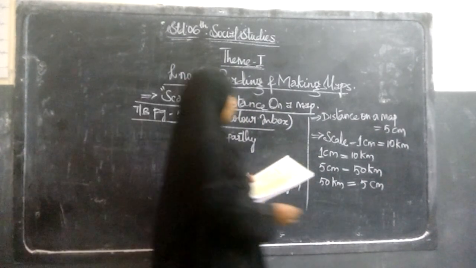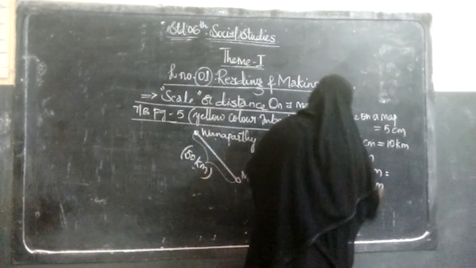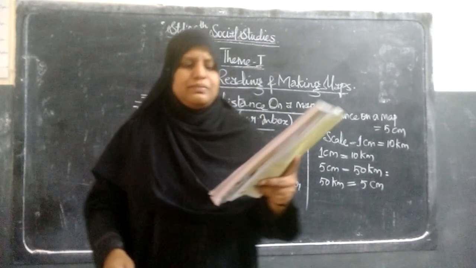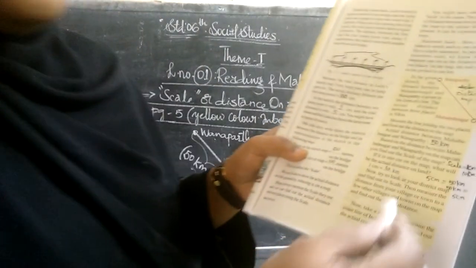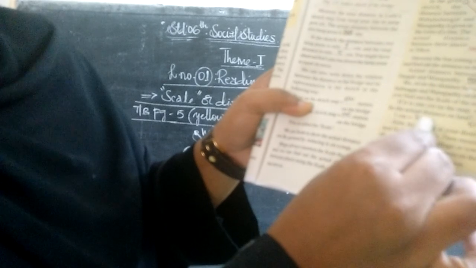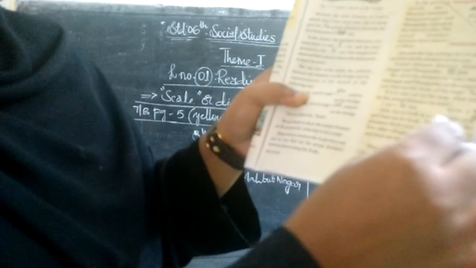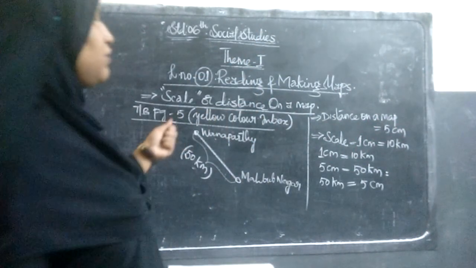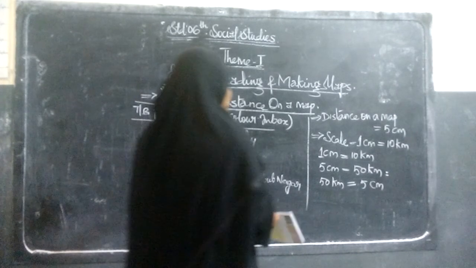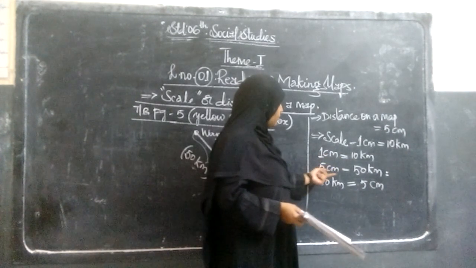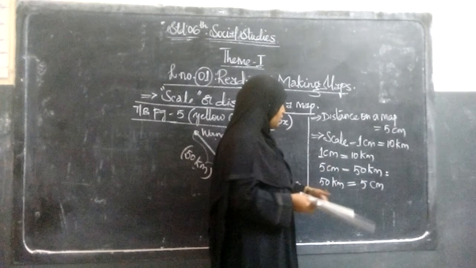Here you are going to get this information, and you can complete it on the side. So we know the distance between the places: Vanapati, distance 50 kilometers, already mentioned here. The next one, 1 centimeter is equal to 10 kilometers, we can take up. In this way, the distance on the map is 5 centimeters. The next comes the scale, 1 centimeter is equal to 10 kilometers. So 1 centimeter into 10 kilometers, 5 centimeters is equal to 5 into 10.